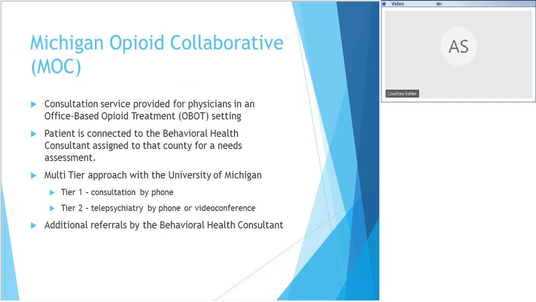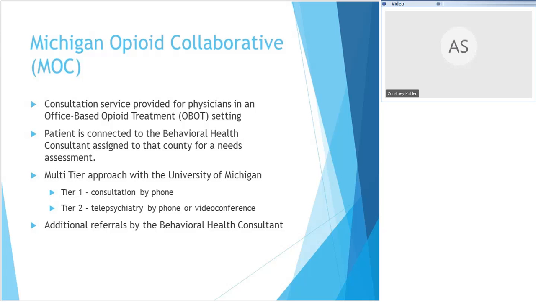We are just starting a similar service that we're calling the Michigan Opioid Collaborative. Some of you may be aware that through the 21st Century Cures Act, all the states and territories were offered a pretty significant amount of funding to address the opioid epidemic. The vast majority of states and territories applied for and received that money. Michigan was one of them, and we rank about number 6 in opioid overdose deaths. So we got a fairly substantial amount of money, over $16 million per year for 2 years. So one of the outcomes of our